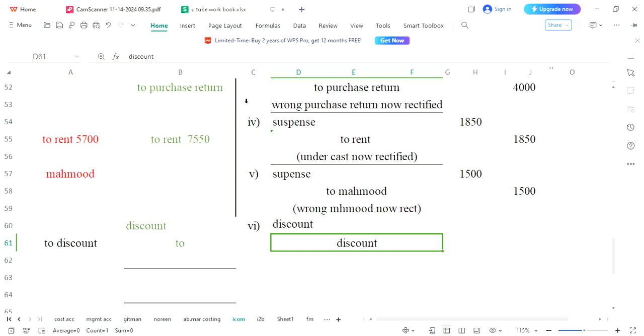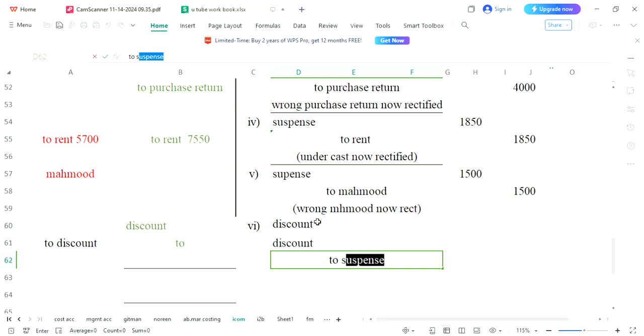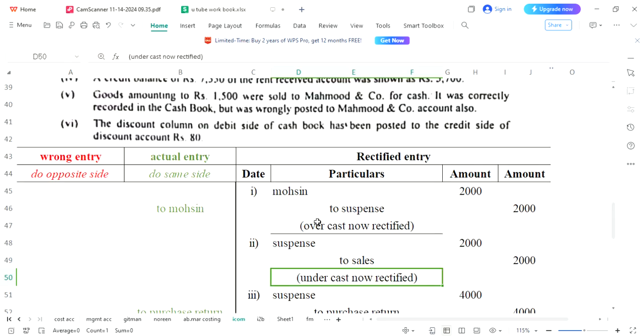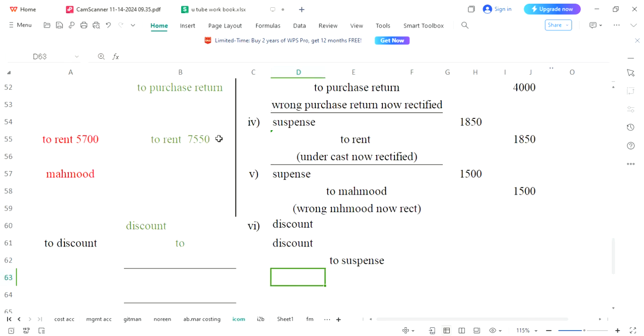As you know, there is a concept of double error. Instead of writing on debit side, we have written on credit side. So there were two mistakes. That is why two times discount is coming over here. There was only one mistake related to discount and that has been rectified. Nothing else has been left to be written on credit side. So for the time being, we will write suspense over here. Let's see how much was the amount, 80. All right. So 80 you will write